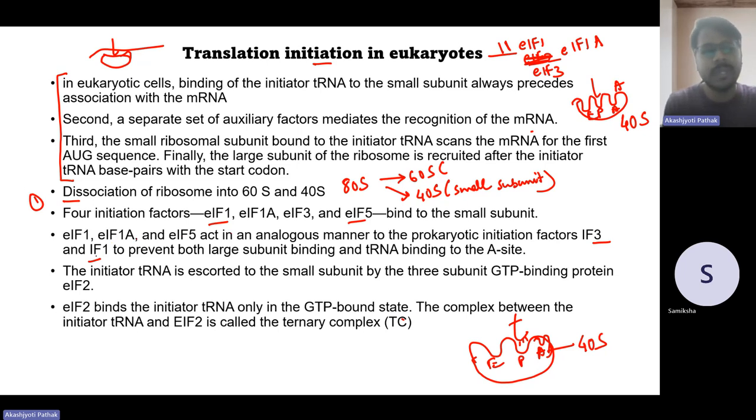These three proteins act in an analogous manner, similar to what we had seen in prokaryotes. In prokaryotes, there were initiation factors 1, 2, and 3, which are IF1, IF2, and IF3. So these are acting in an analogous manner and preventing the large